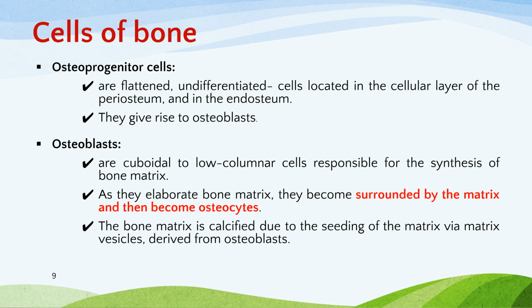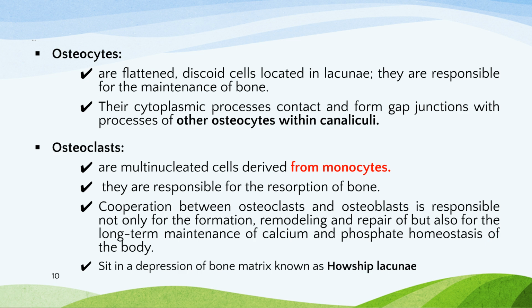First, we have osteoprogenitor cells, which are flattened, undifferentiated cells located in the cellular layer of the periosteum and in the endosteum. These give rise to osteoblasts. Second, the osteoblasts are cuboidal to low columnar cells responsible for the synthesis of bone matrix. As they elaborate this bone matrix, they become surrounded by it, and then transition into osteocytes. Note that the bone matrix is calcified due to the seeding of the matrix via matrix vesicles derived from these osteoblasts. Continuing with our bone cells, osteocytes are flattened, discoid cells located in lacunae, and they are responsible for the